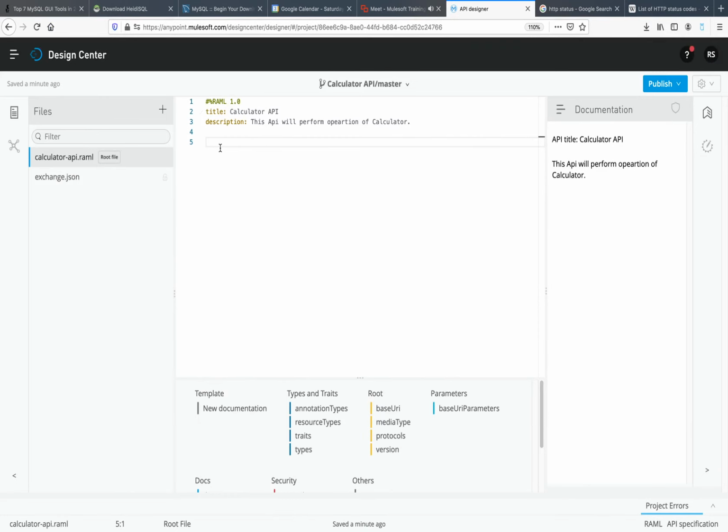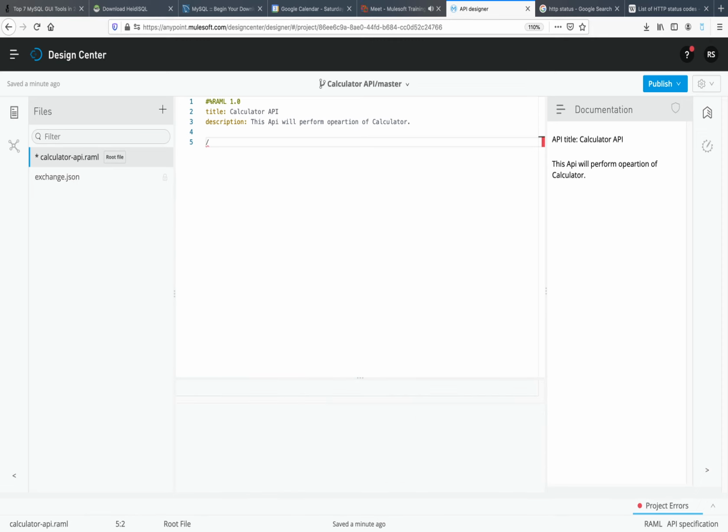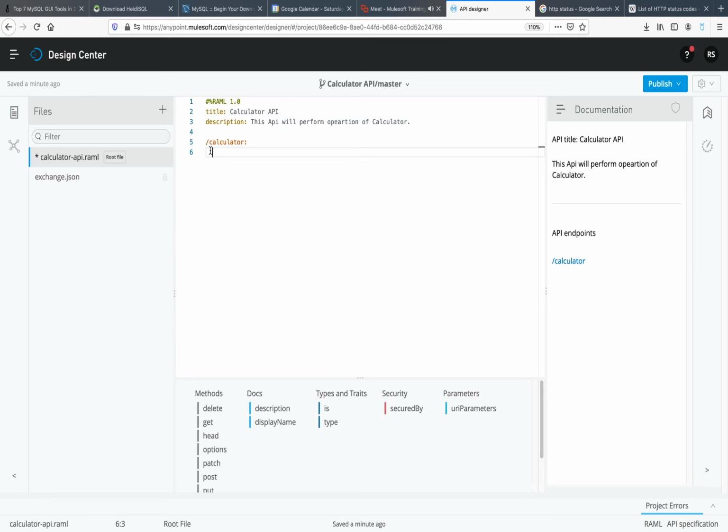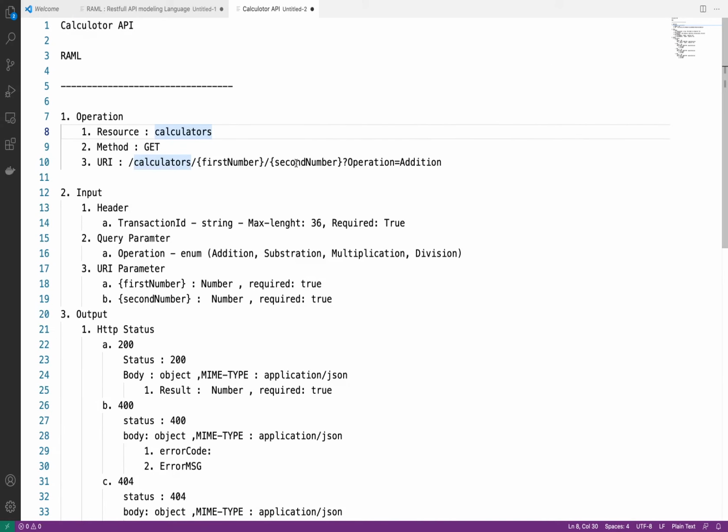Okay, so first my resource is calculator. To define a resource you have to use this forward slash and then the resource name. Okay, then click enter. Now you can see here there is one tab after calculator. Since this first number and second number, this calculator is the parent resource, inside this we have one nested resource and inside this we have one nested resource.